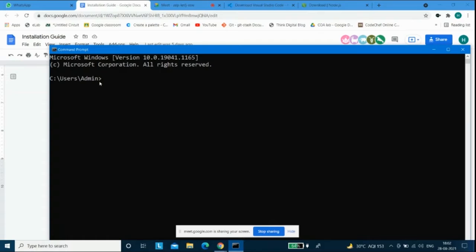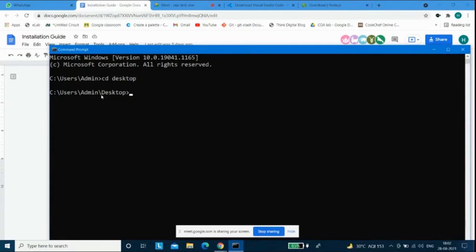But before that, I want to go to the desktop where I want to make my Ionic project. So what I'll do is CD and then the name of the place where I want to go. Currently I want to go to desktop, and I'll click enter. So now I'm in desktop. This is not compulsory. You can make your Ionic application in the admin folder as well. If you are having any queries, you can ask us.